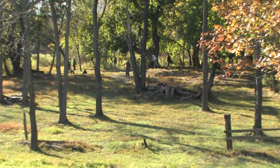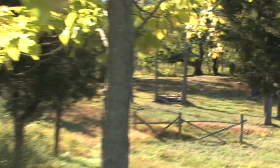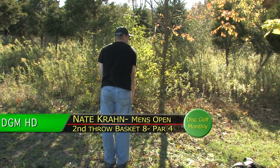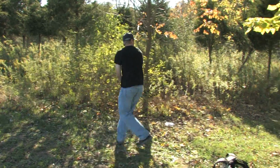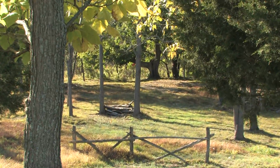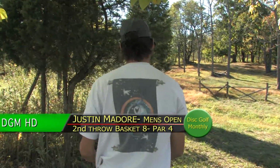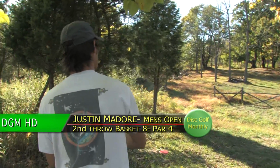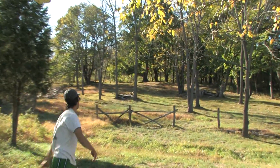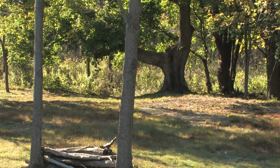As you can see, the hanging basket off there in the distance, just sheltered behind one of those trees. There it is. A fun basket to throw at. Everybody loves this basket. Fires it down the chute. Good shot there. So you have a pretty good look at the hole from over on this side of the fairway. That's why a lot of the guys play over this way. They've got to be careful not to get it too high in those branches to keep it down there, and he did. That was a